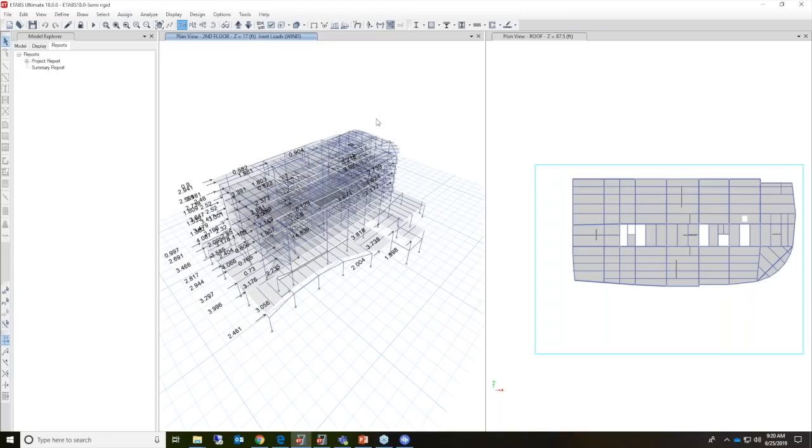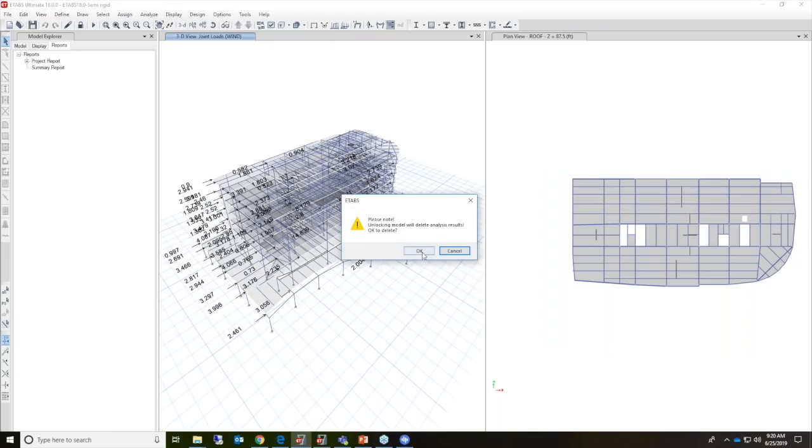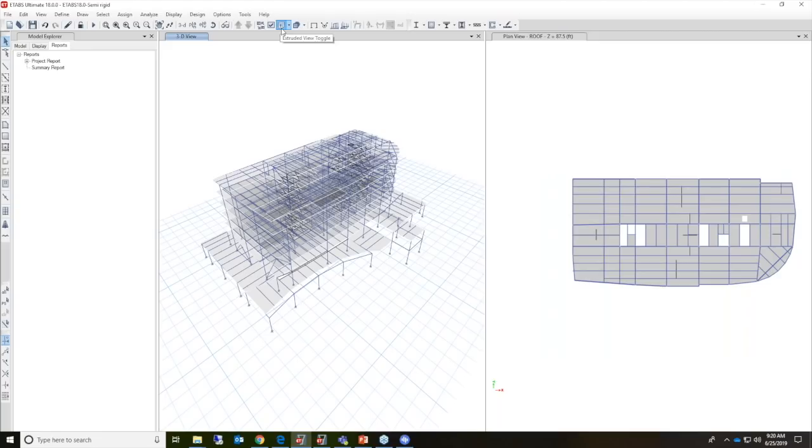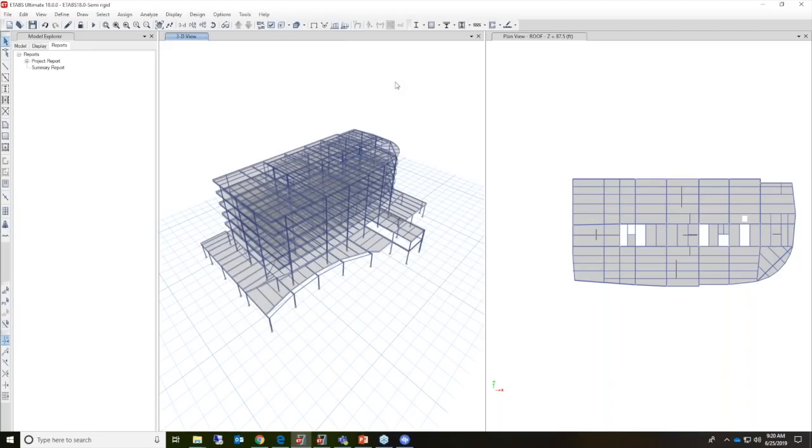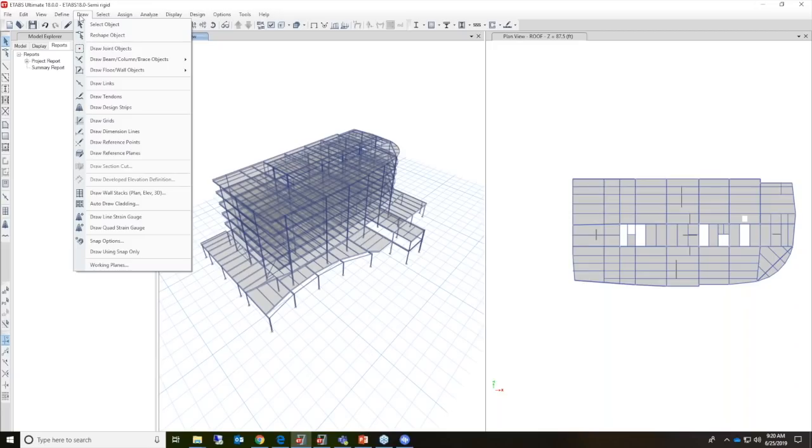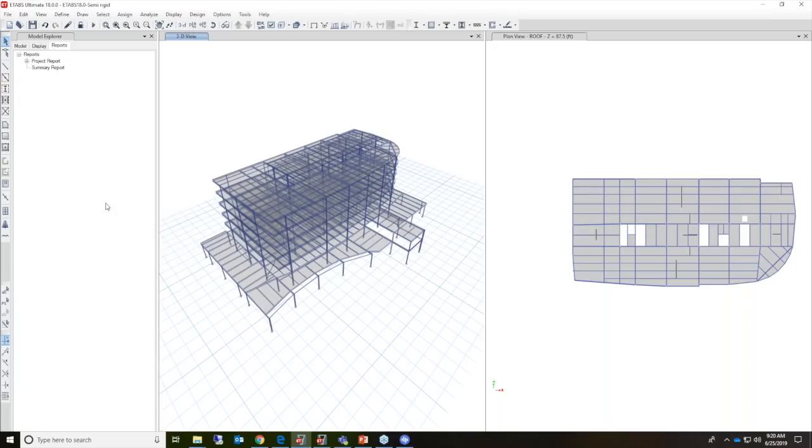Let's look at this model in 3D view. I'm going to unlock the model now. Okay, now under the draw menu, let's talk about adding some cladding to the structure and then applying wind pressure coefficients to them. So under the draw auto cladding,